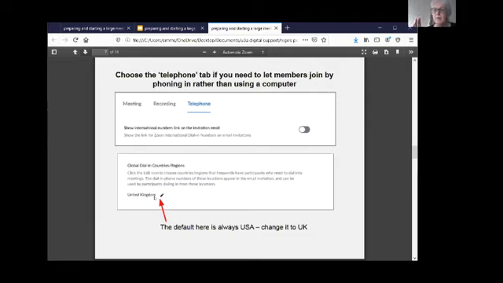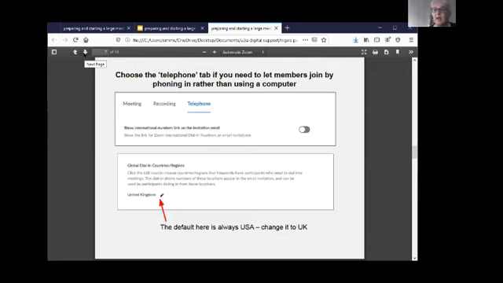You may have noticed, if you haven't altered this, that you're getting places like San Jose and Chicago to telephone. They're no use to us. No, we want the United Kingdom phone numbers. And that's where you can change your settings to make sure that that appears. And we've got cheat sheets on the advice that we'll provide for you on how to join by telephone. It's a lot simpler than it sounds.